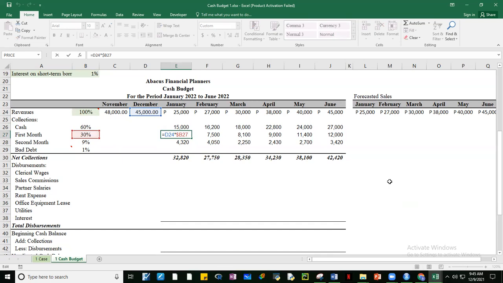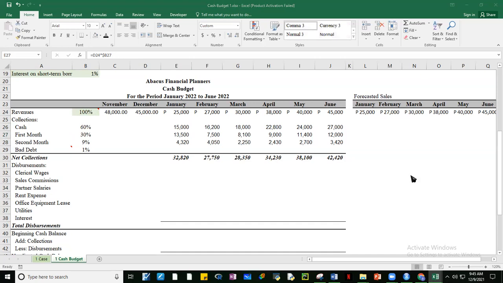So, ang collection natin sa first month, as far as January is concerned, yung sale ng previous month, yung December. So, yung sales natin ng December, multiply that by yung 30% na amount to be collected. Okay, Lawrence, did that answer your question? Okay, good. Okay, thank you.